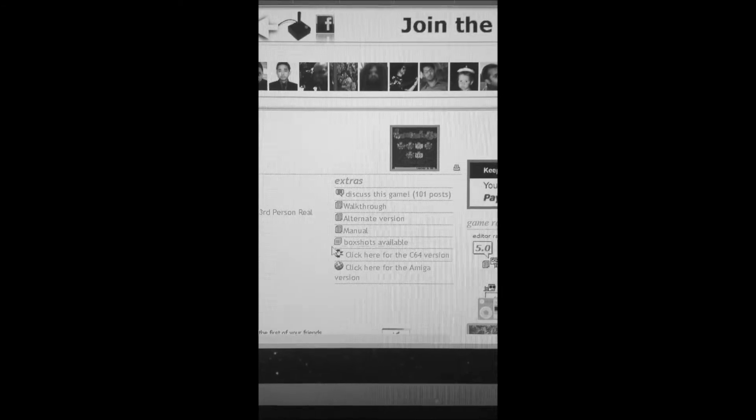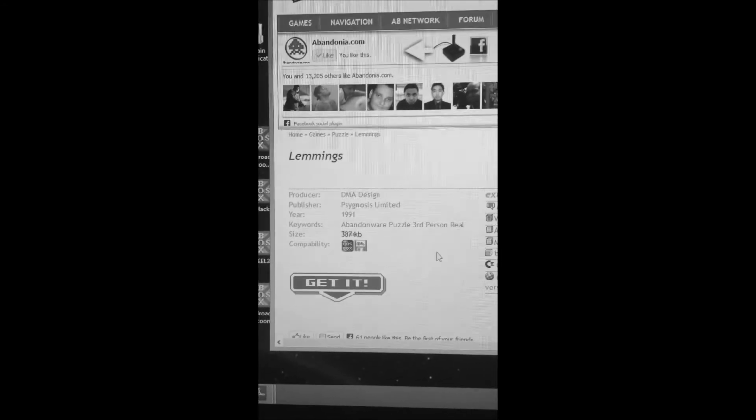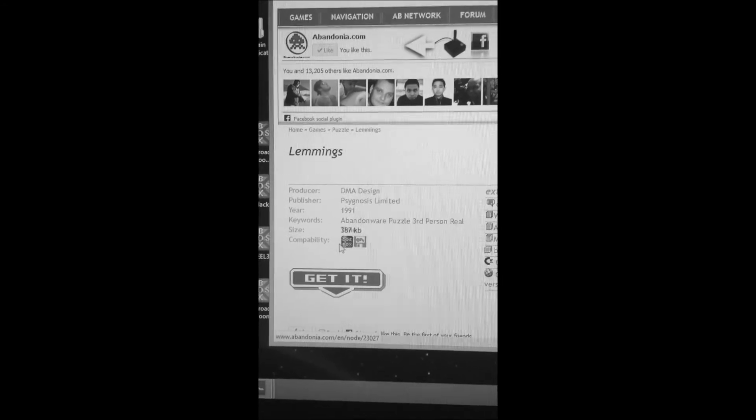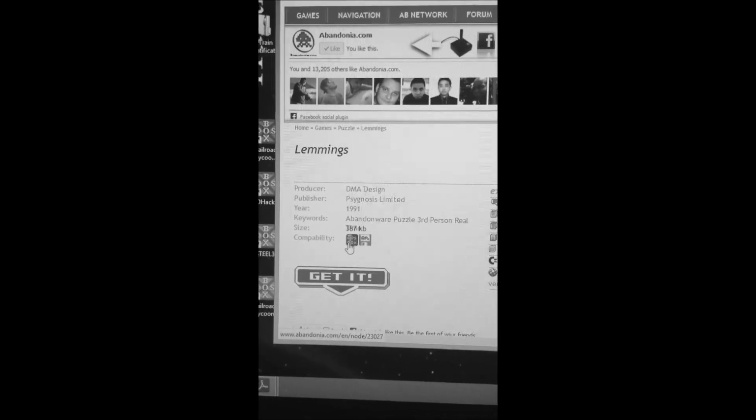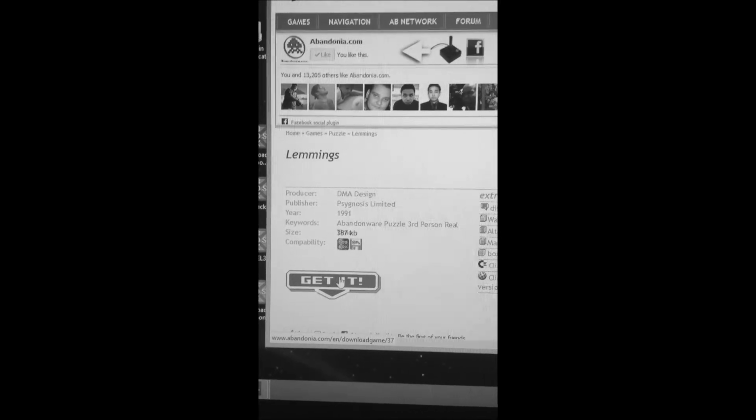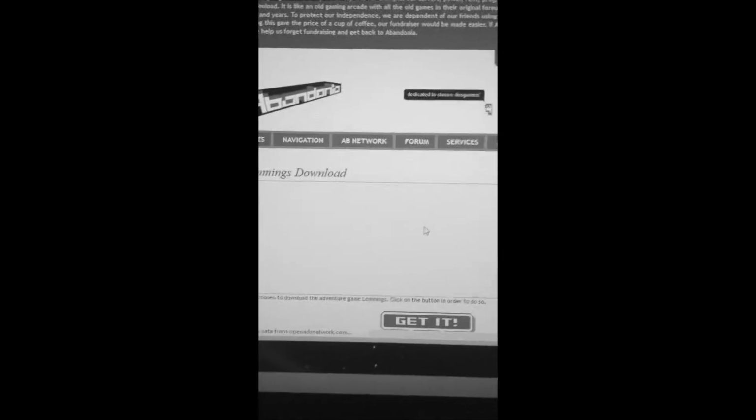the manual, alternative versions, and click here for C64 or whatever. There. Now over here, this is important, DOSBox, because this is what I'm going to show you. So we're going to hit get it. Get it. Boom. Lemming download. And you have to hit get it again. Now they ask for donations, and you should donate because this is a great site and I need to do it. And you get your little pop-up Lemming zip,